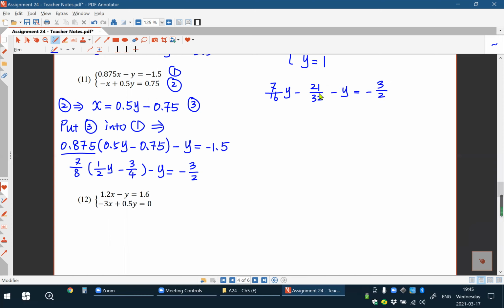Then let's put all the y's to the right hand side. This gives you 9/16y equals